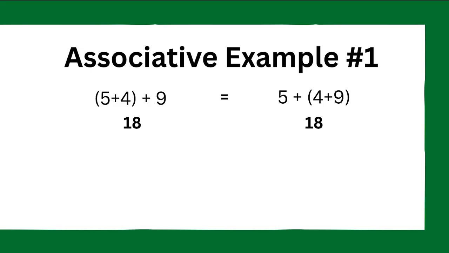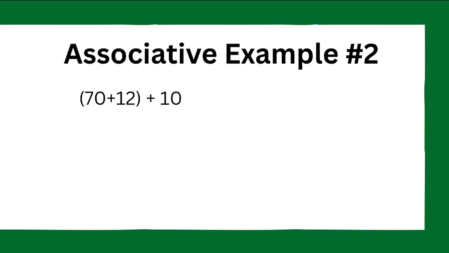So this essentially shows you that no matter how I move the parentheses, I still get the same result. The parentheses shouldn't affect the result you are trying to get, essentially. It should be equal to each other. Going on to our second example, I have 70 plus 12 plus 10. So looking at the inside of the parentheses, I'm going to solve that first. So I get 82. Now I'm going to do 82 plus 10 since the 10 is the outside. Can't forget about that. And I get